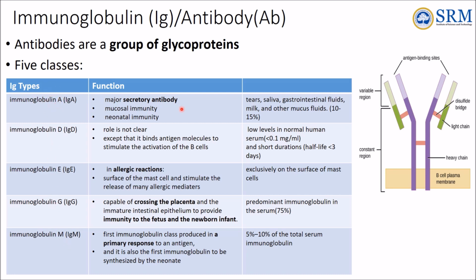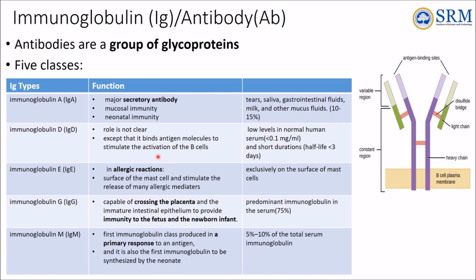Immunoglobulin A is a major secretory antibody. It is present in most of the secretions like tears, saliva, gastrointestinal fluid, milk and other mucous fluids. It constitutes about 10 to 15% of the serum. It is present in that concentration in the serum. Immunoglobulin D helps in stimulation and activation of B cells, and it is present at a very low level in the